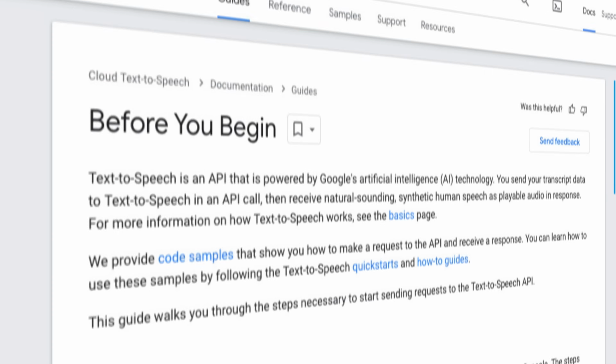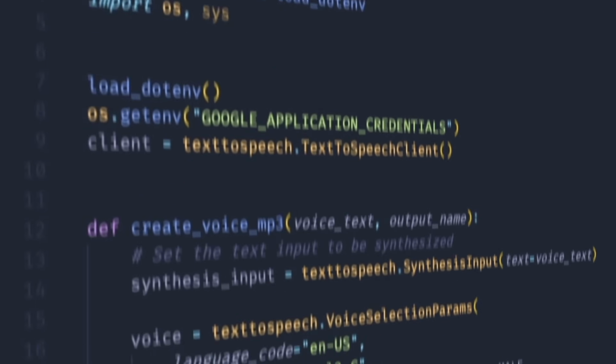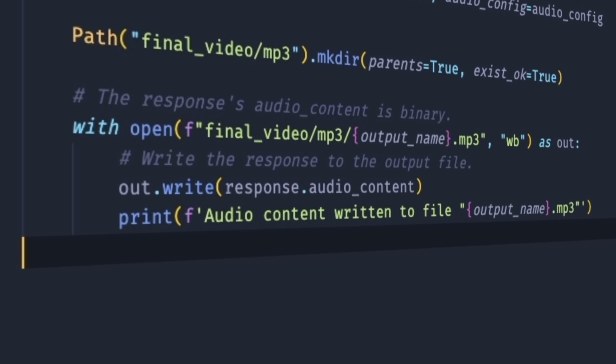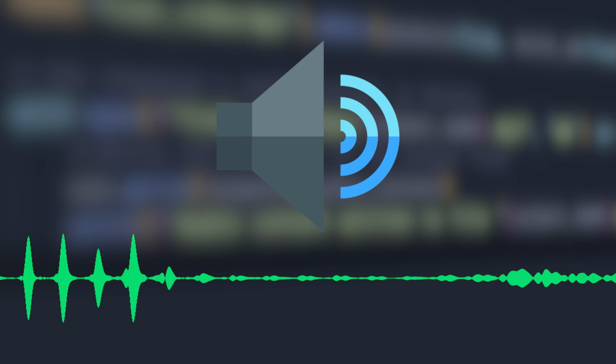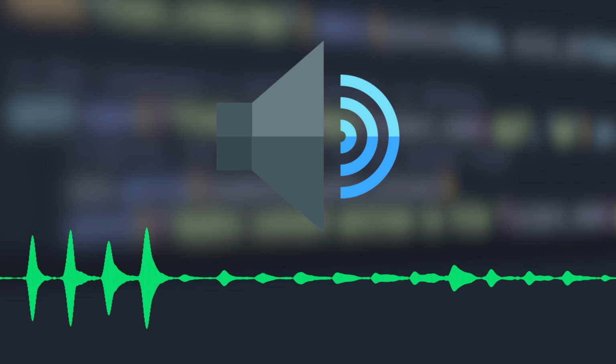Now, using this requires a little bit of setup. So I quickly added the configuration files and added in the code that will send the summarized text to the Google VoiceOver. When we get the voice back,